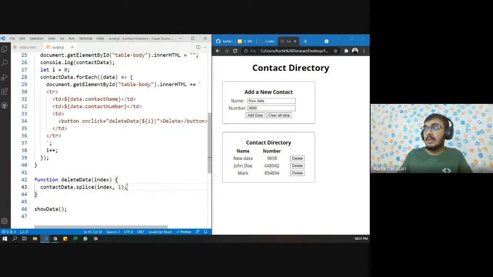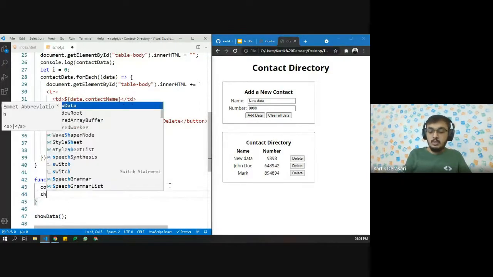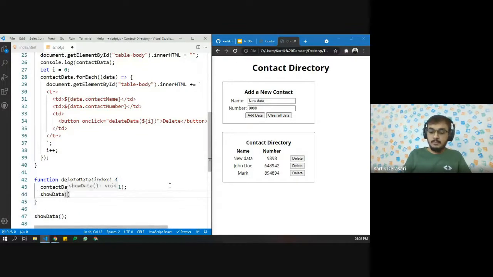Right now, for example, if I want to remove John Doe, which is at index one, and I only want to remove one value, that is the splice function. And after removing, we also need to show data. So let's say showData.